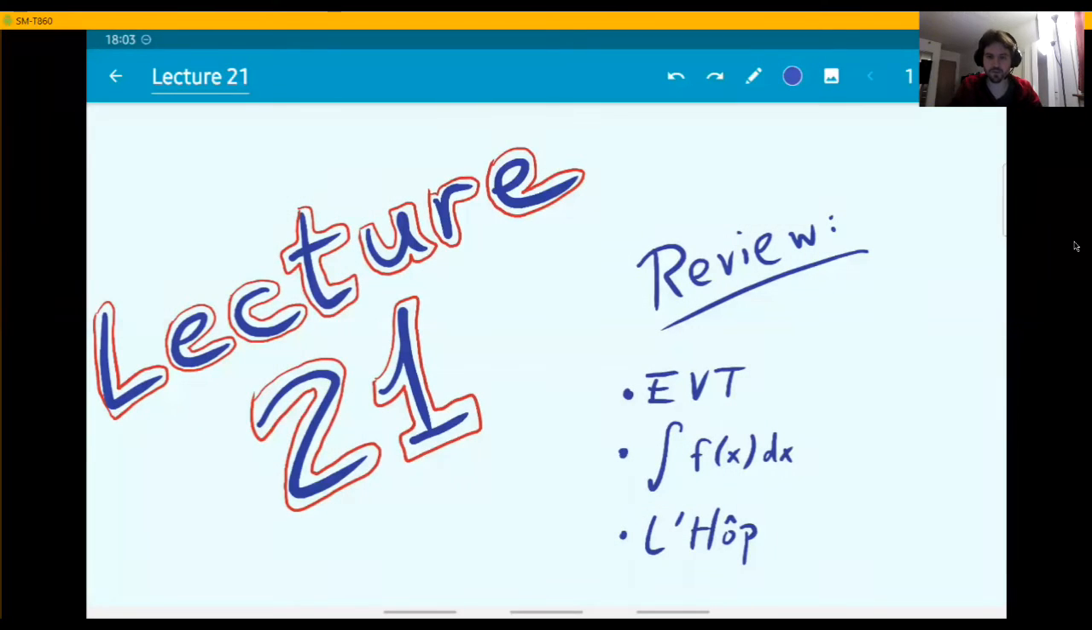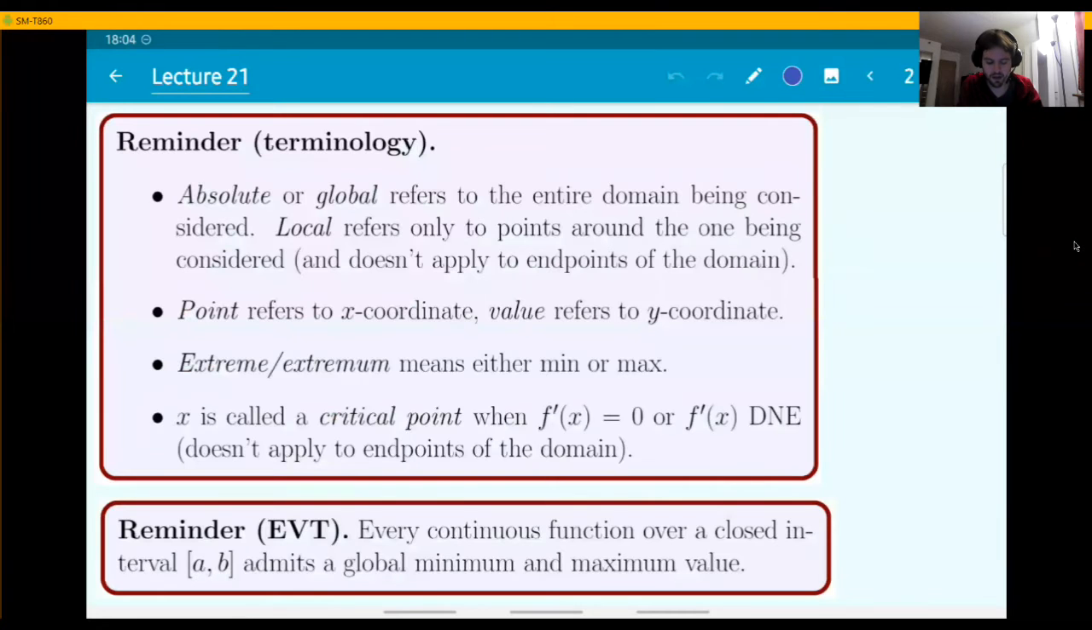The topics for this review are going to be the extreme value theorem, first of all, then antiderivatives, initial value problems, and then a little bit of L'Hopital's rule. The goal for today is just to do examples of each one of these, showcasing basically everything that can happen. Now, in the topic of the extreme value theorem, these are the same 4 boxes